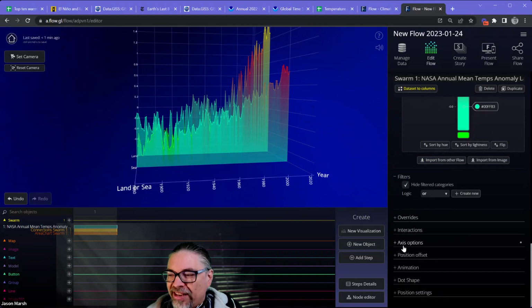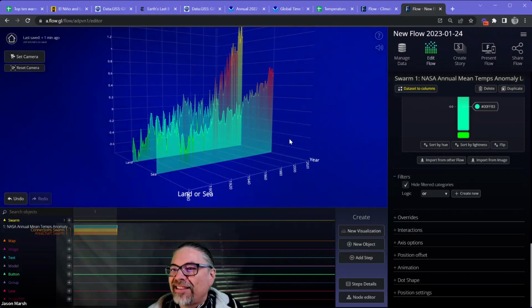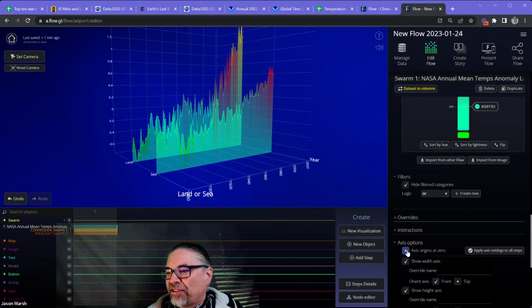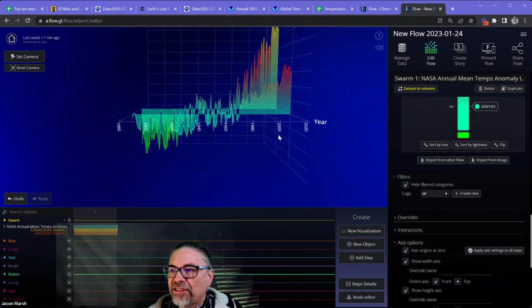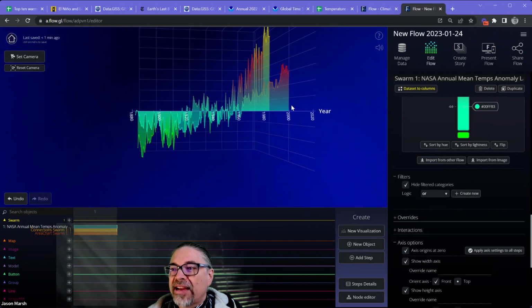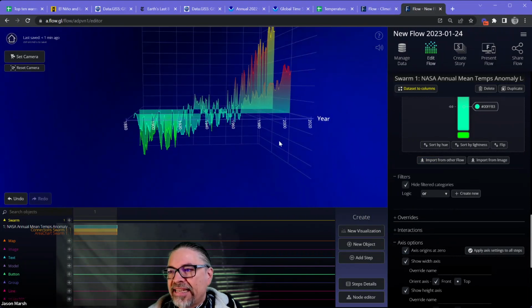Now, this is one of those things you kind of just need to know where it is. Notice the axis has a 0 line. I think it would make more sense for the axis for these values to go above and below that 0 line. So I clicked axis origins at 0. That's under the axis options. And now you can see that the 0 line, that is the average between, I think, 1900 and 1980.